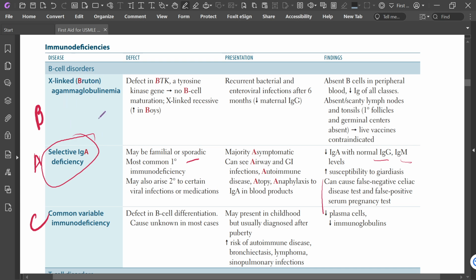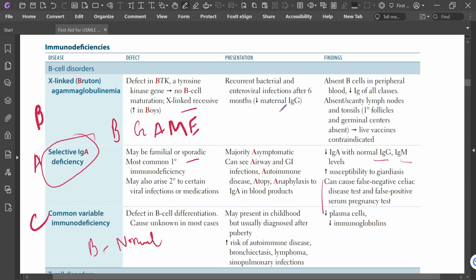Now, Bruton agammaglobulinemia and CVID. In Bruton agammaglobulinemia, if you think about the agamma, what does it mean? That means B cell count, IgG, IgA, IgM, IgE, everything is low in Bruton agammaglobulinemia, but the B cell count is normal in CVID. That is the first difference. It is a B cell deficiency with a BTK gene problem and no B cell maturation. It is X-linked recessive and occurs in boys,